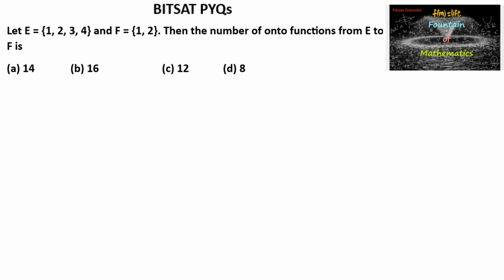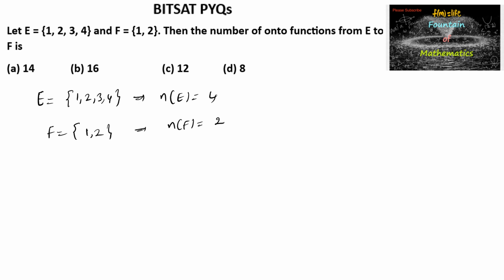Given that a set E is equal to {1, 2, 3, 4}, that is, the number of elements in the set E is 4, and set F is equal to {1, 2}, that is, the number of elements in set F is 2. We need to find the number of onto functions from E to F. We have that if f is a function defined from A to B, where the number of elements in A is n and the number of elements in B is m, then we have the number of onto functions